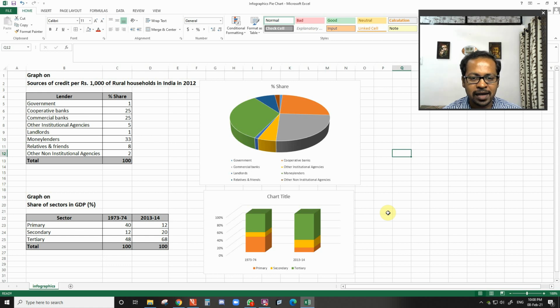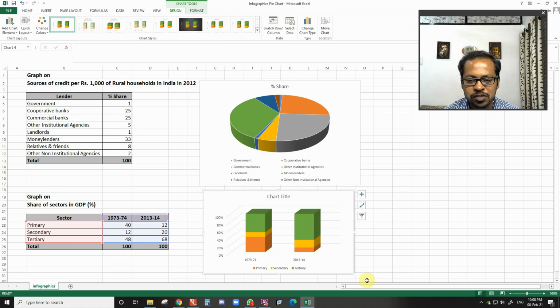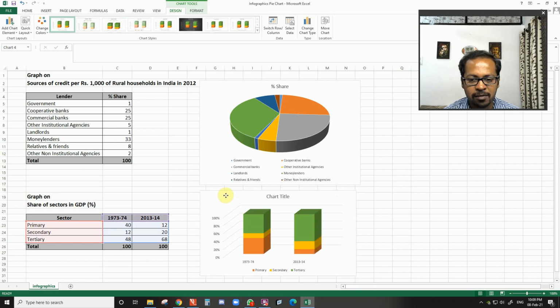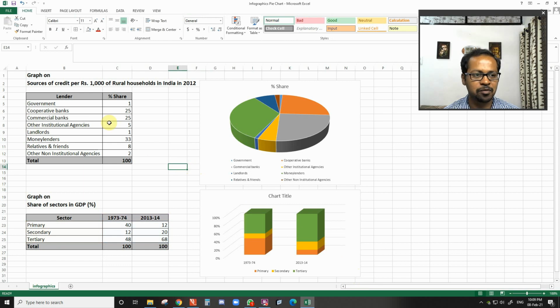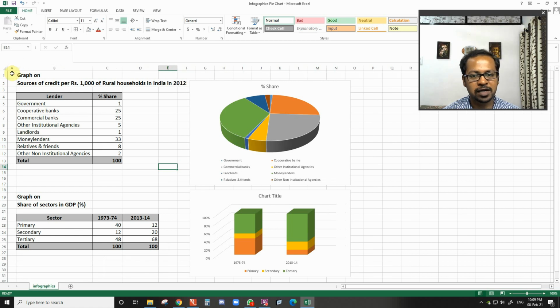So human mind can understand through charts in a better way as compared to the tables and information. So infographics adds to the visual effect of any presentation form. So I hope you must have learned something very creative and important. And now what you are supposed to do, you are supposed to take the printout.